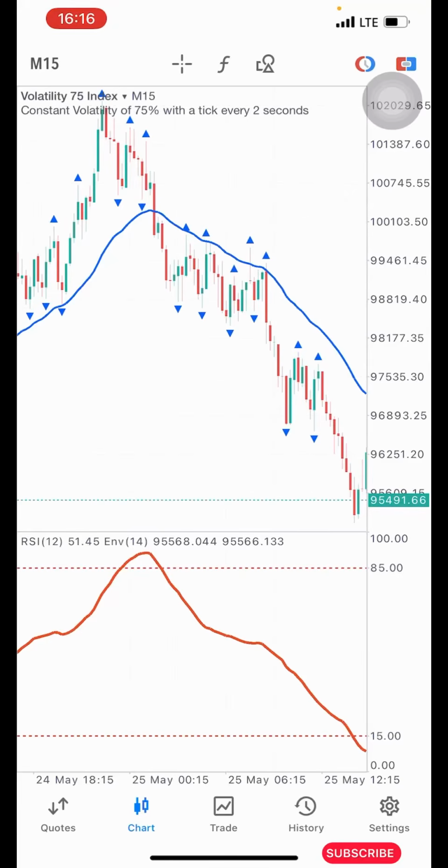Now this strategy looks simple, but it's very profitable. In this video I'll be showing you how you can use it to make money from the market on a daily basis. It works on all volatility indices. So I'm going to quickly share with you the indicator setup, then after that I'll be explaining